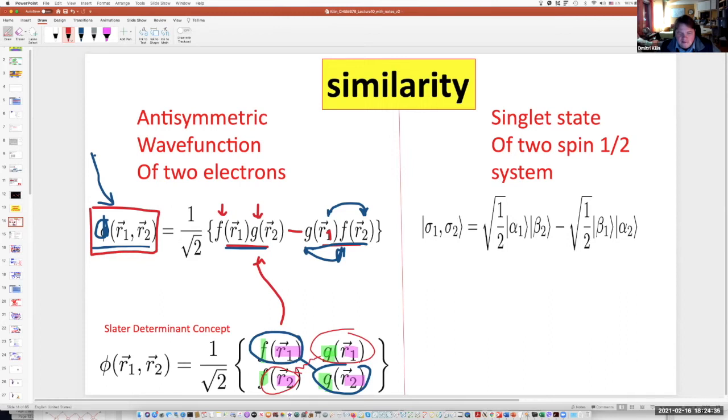So f(r1) g(r2) is the first term, f(r2) g(r1) is the second term. Make sense? Okay. Now,